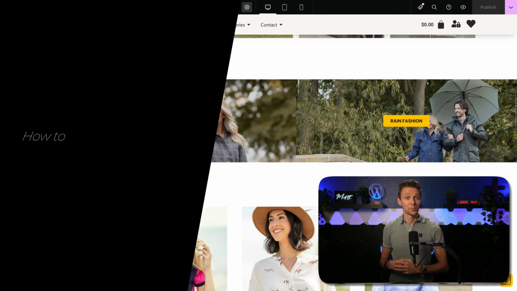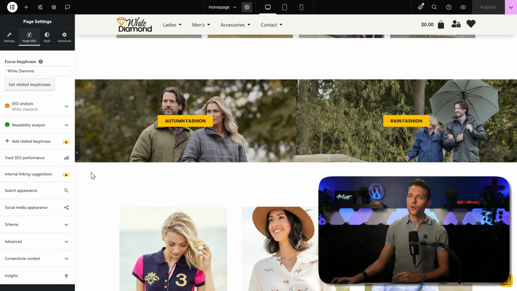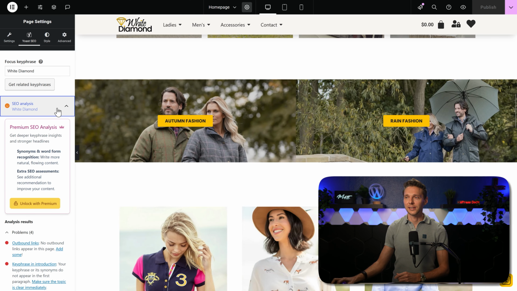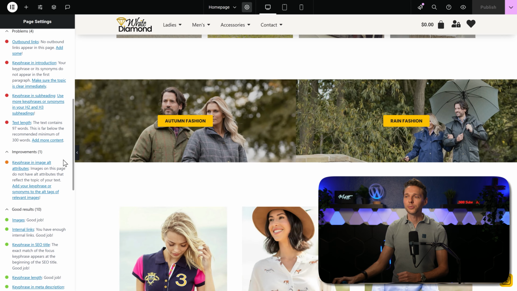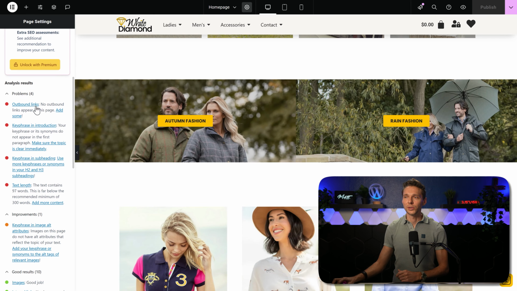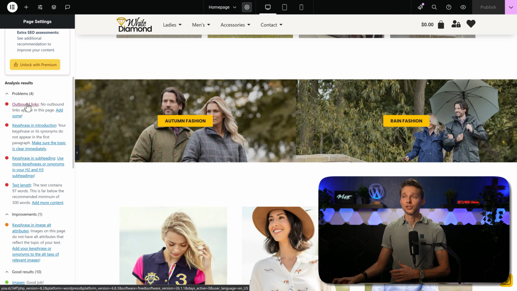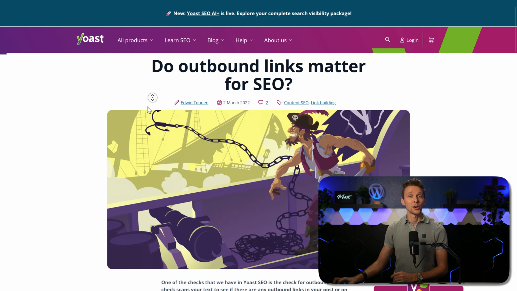To analyze your website to get on the top of the SEO and LLMs results, you have to go over here to the SEO analysis. Click on it, and if we then scroll down, we can see all the problems, the improvements, and the good results we are doing. If you don't know what they mean with outbound links, just click on it, and you will go exactly to the Yoast SEO page, and it will explain to you how to work with outbound links